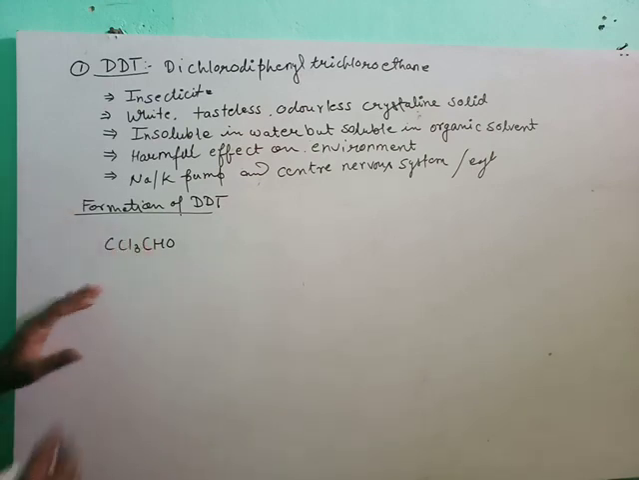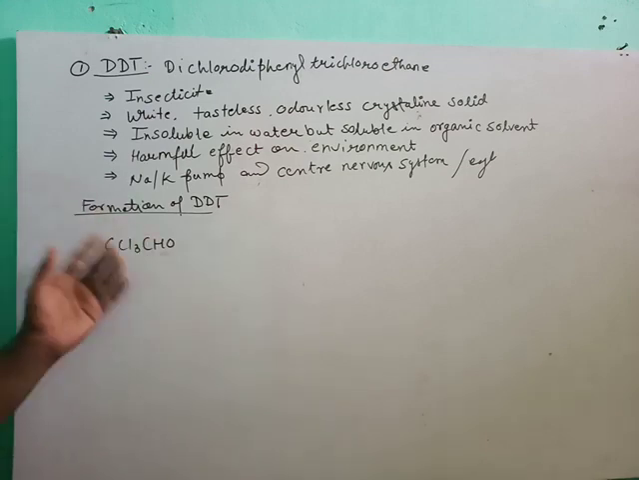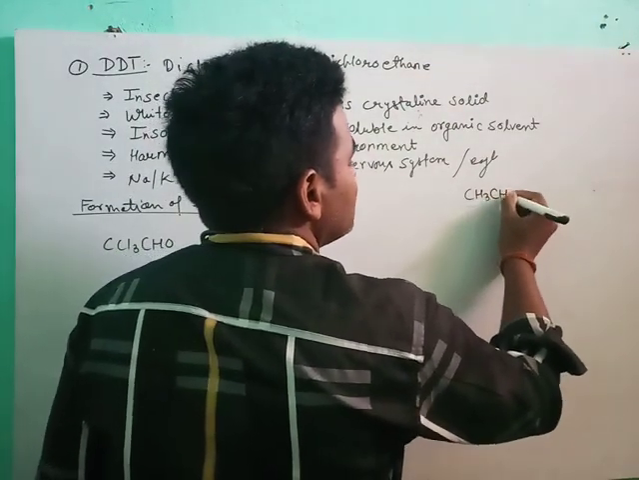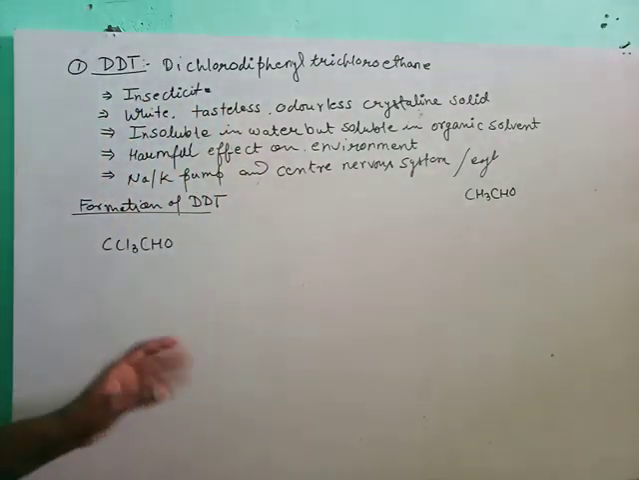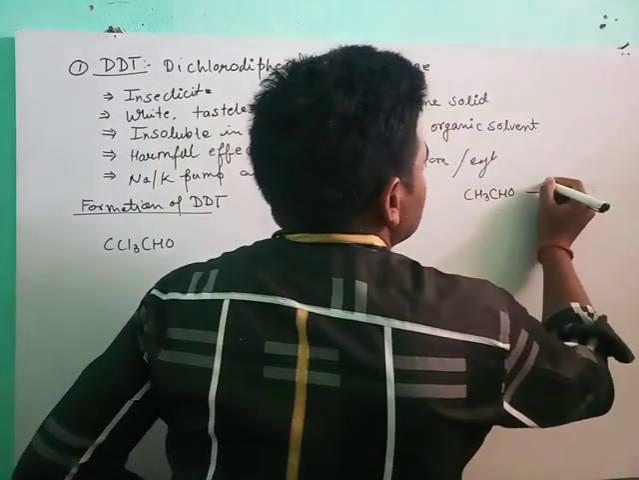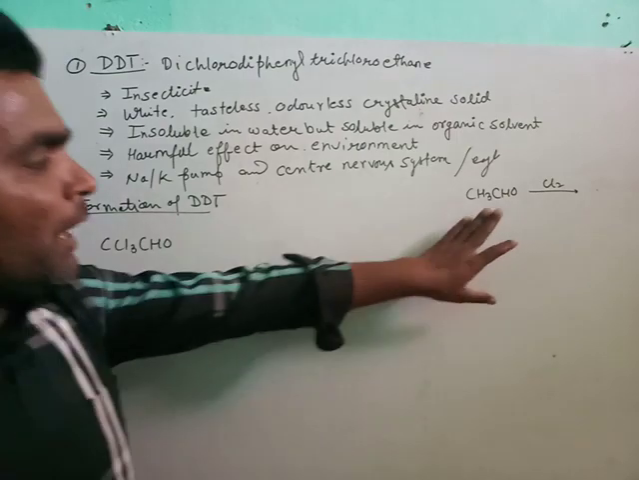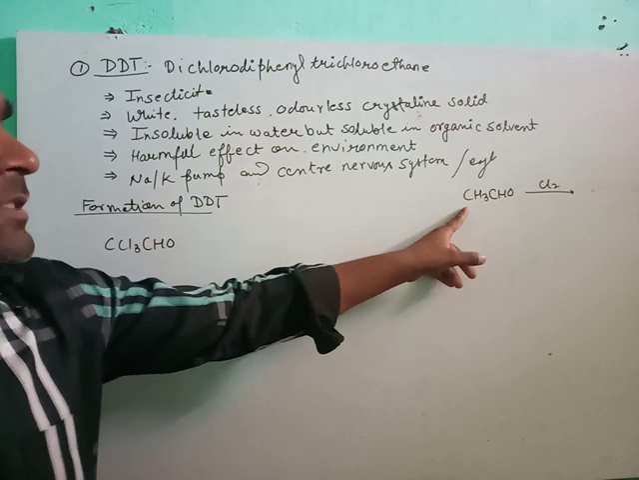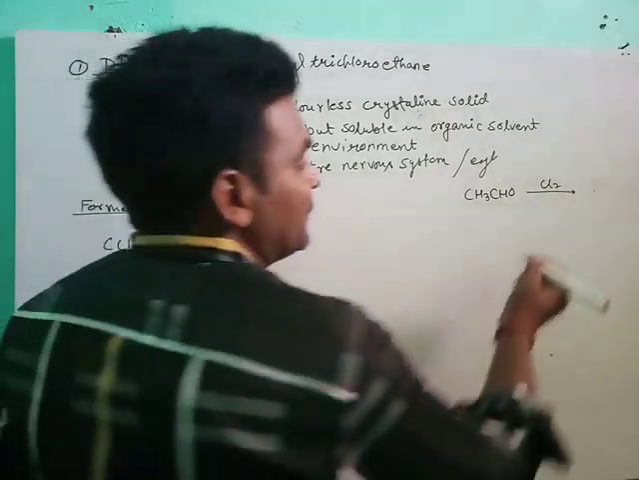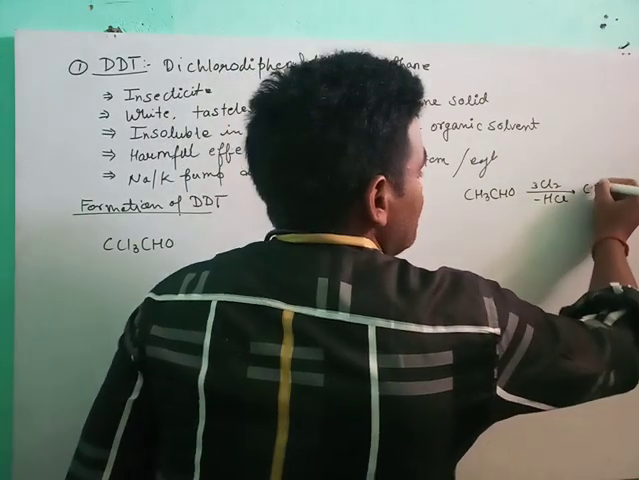Chloral is CCl3CHO. On how chloral is formed, we go to the aldehyde. The aldehyde is CH3CHO, which is acetaldehyde. When acetaldehyde is treated with chlorine in the presence of sunlight or FeCl2, 3 molecules of chlorine are added and 3 molecules of HCl are removed, and it forms